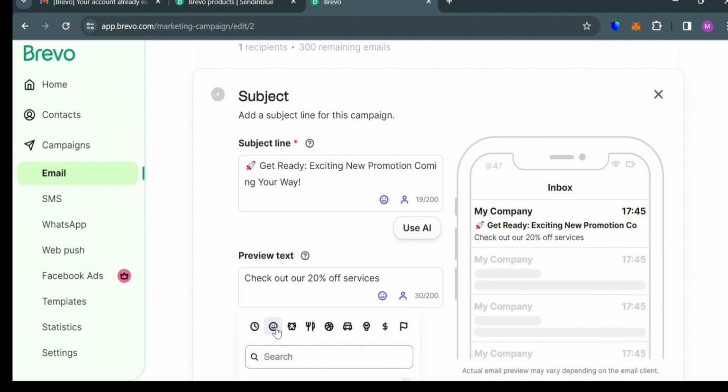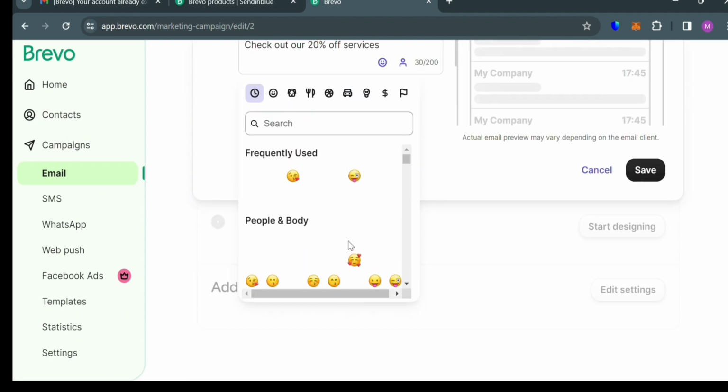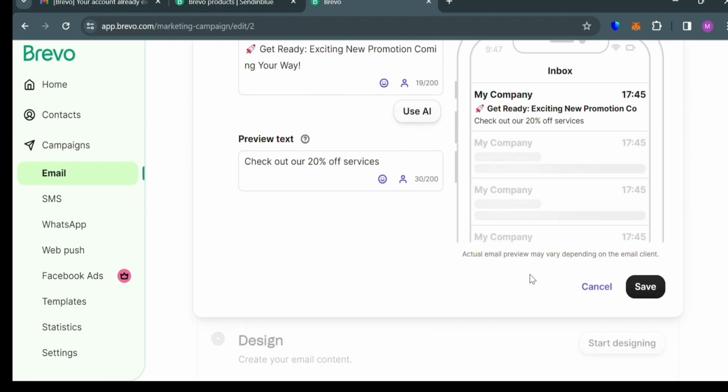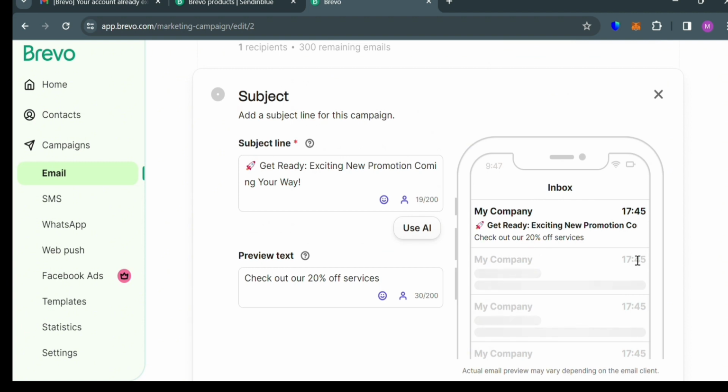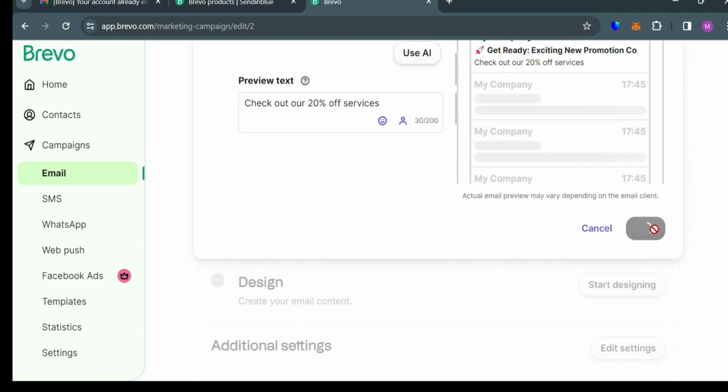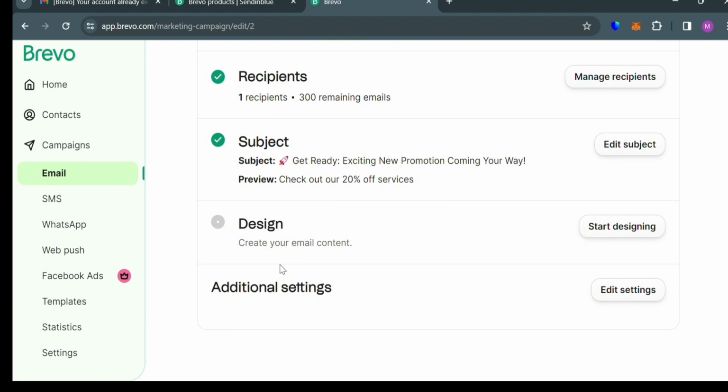Or alternatively, you could also add an emoji to your preview text. And now to save the changes, just click the save button below here to proceed. And now after that, under the design, the next thing that you need to do is to simply create your